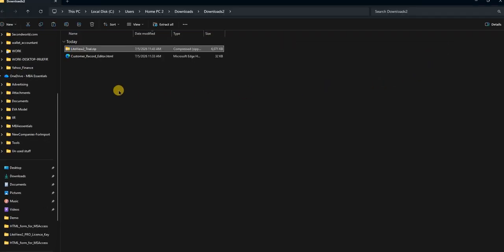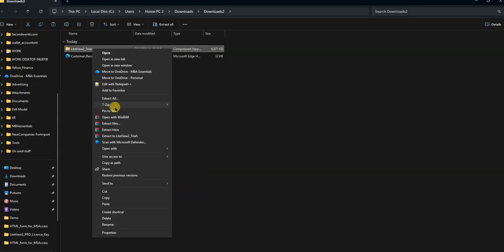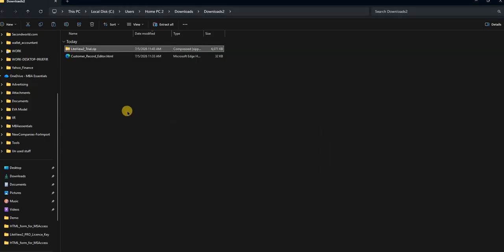Completed. Now we are going to extract it in this folder. Let's see. Yes, we have 7-zip. Now if we open,